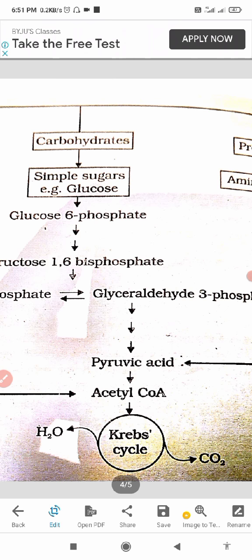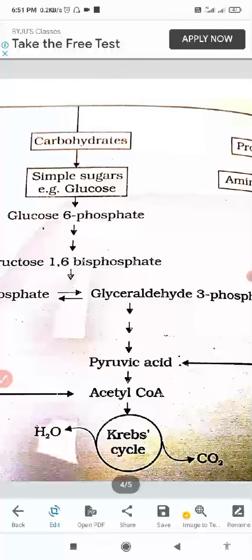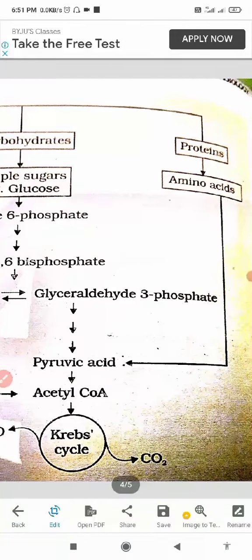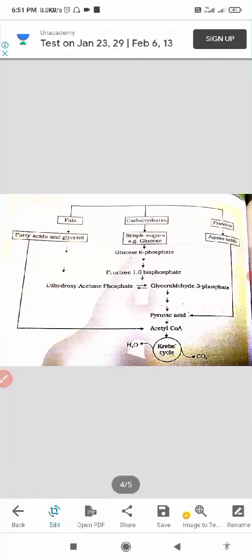So these different types of molecular entry into the Krebs cycle can be considered as the